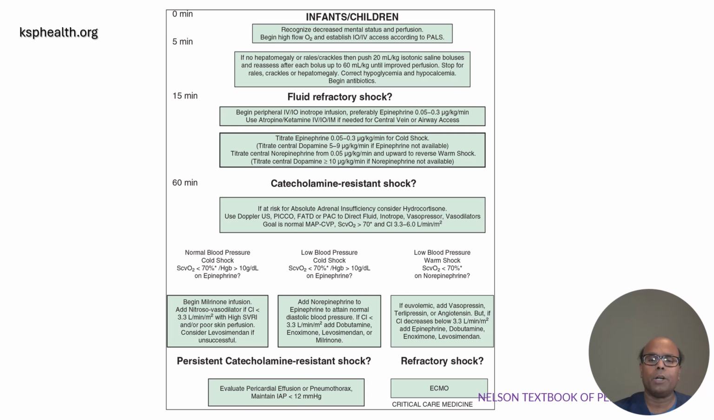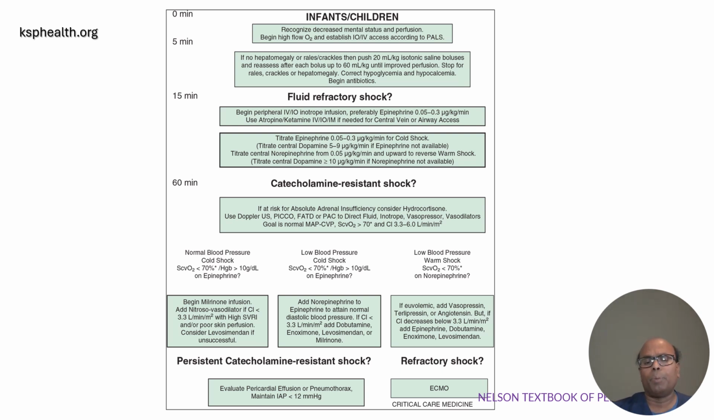Consider using hydrocortisone. At that point, have monitoring devices like Doppler ultrasound, PiCCO, FATD, or PAC catheter in place. The idea is to maintain or reach the goal of normal targeted MAP, targeted CVP, venous oxygen saturation more than 70, and cardiac index 3.3 to 6 liters per minute. If the patient is still not responding to all those maneuvers,